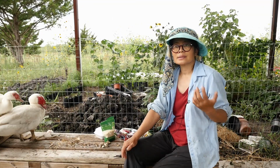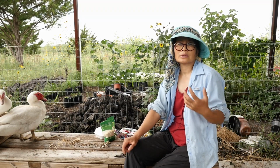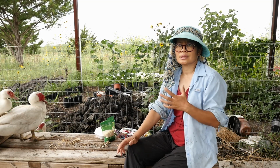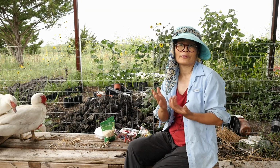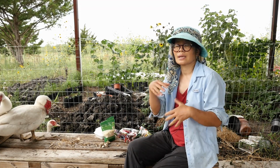What you don't want is to leave the soil bare because the sun will scorch the soil and make it lifeless. There are plants that like the Texas heat, and they will sprout and grow in this kind of heat. What I'm going to do today is mix some seeds for those plants so I can broadcast